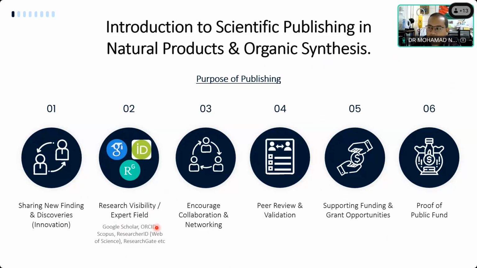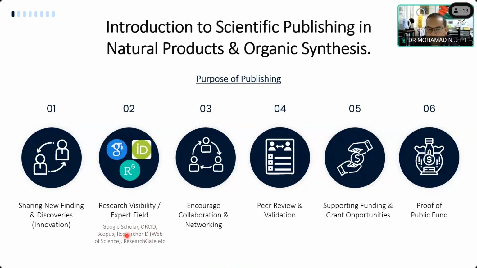The Scopus ID is also very important because, for academicians, and I know some of you will be lecturers in the future, the easiest way for the university to check about yourself is by using Scopus. Just write down your name and suddenly all the publications appear, your research fields, the citation numbers, and so on.